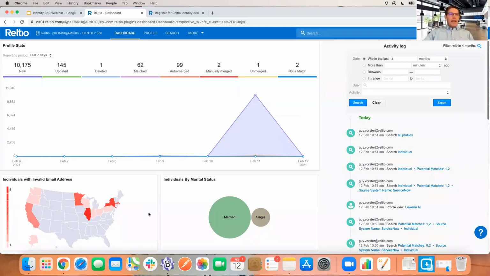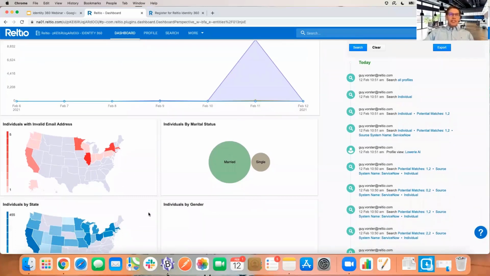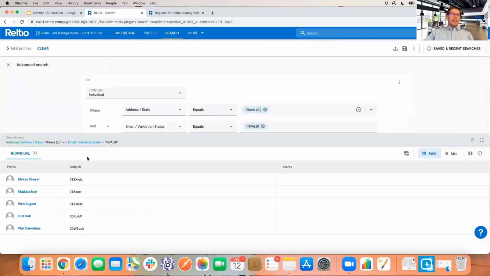What I'd like to do now is come back to the visualizations themselves. And I mentioned a little minute ago that these are shortcuts into the data. So for example, if I as a user want to leverage this and go and look at these 5 records in Illinois of individuals with invalid email addresses, it's as simple as me just clicking on this. And what's happened now is the Reltio screen has shifted. We were in the dashboard tab at the top, if you can see my cursor circling at the top. And we're now in the search